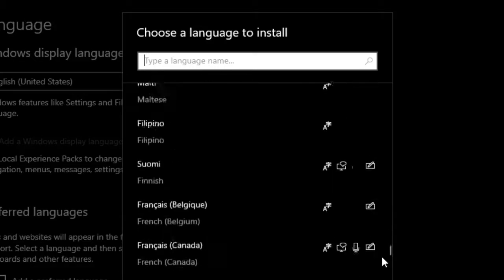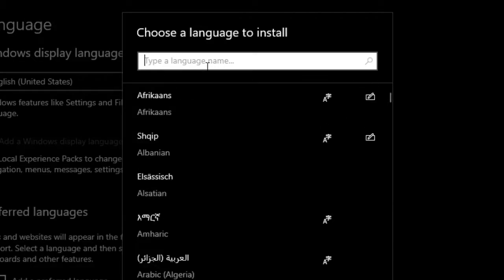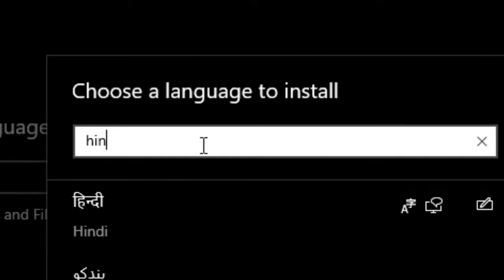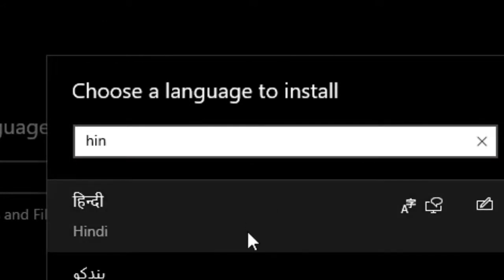As it is hard to find the language we want, let us type few letters to find that language in this list. If I want to add Hindi, just type HIN. Here it is listed.